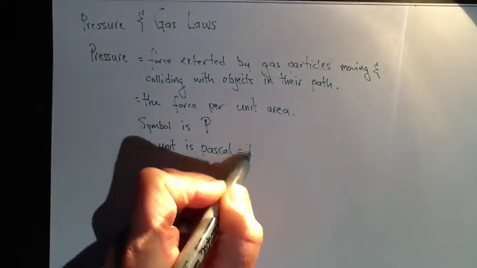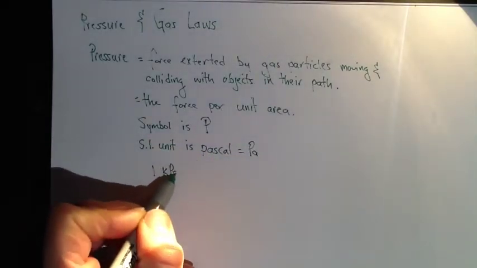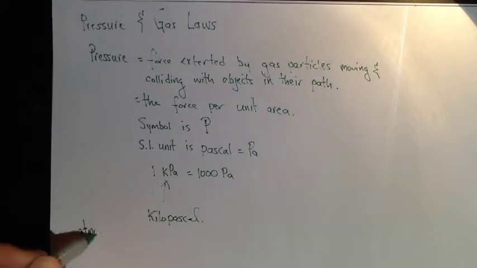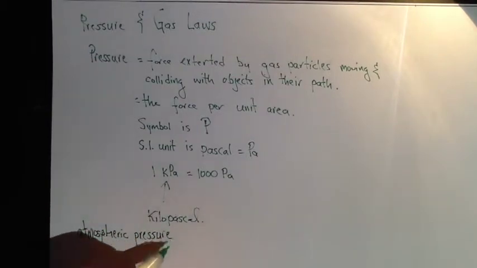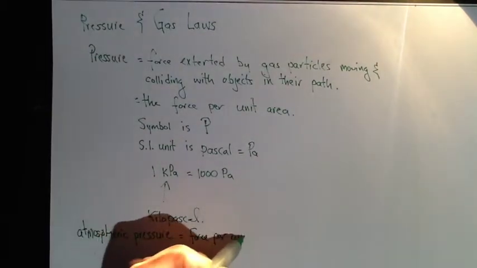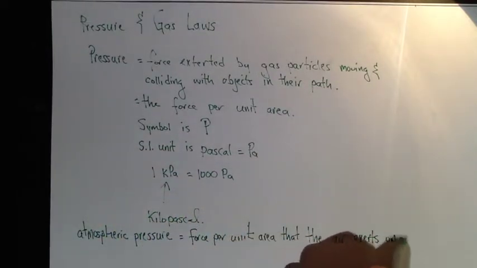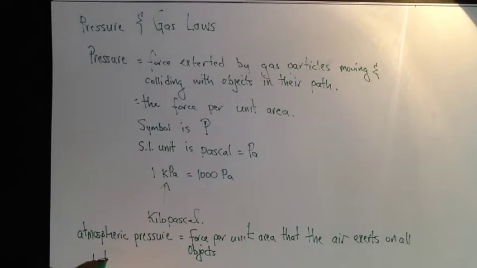Its symbol is a capital P and its SI unit is a Pascal. 1 kilopascal is 1,000 pascals. Atmospheric pressure is the force that air exerts on all objects. 1 atmosphere, or ATM, is standard pressure,